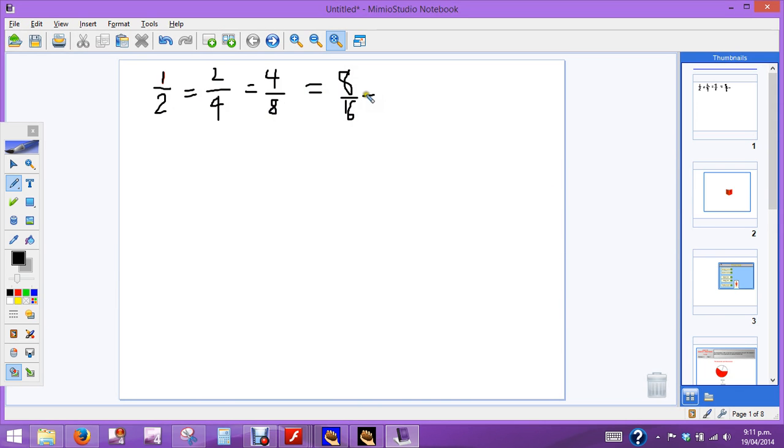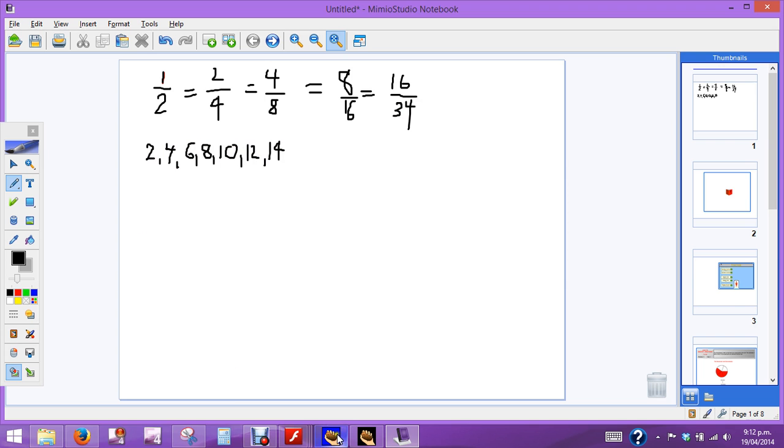And what comes after that? 8 and 8 is 16. 16 and 16 is 32. That's how you do it. Well, it sort of is, but we're going to use multiples, so multiples of 2. So the multiples of 2 are 2, 4, 6, 8, 10, 12, and 14,